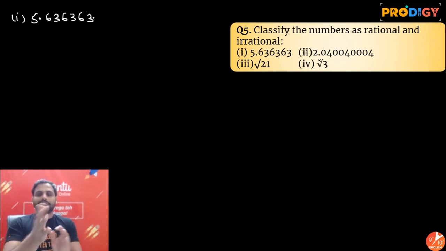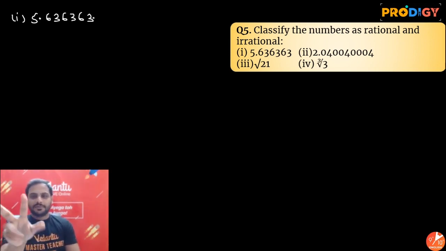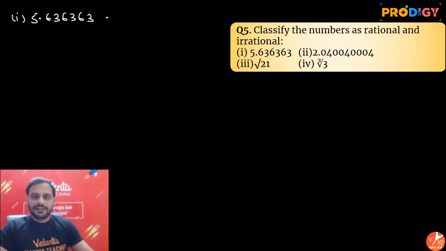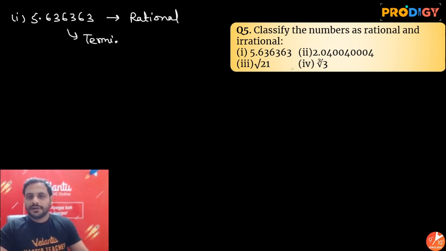अब देखो, I don't know whether this is a typing mistake or not, but if it comes like this to me in the problem, in the exam, I will definitely say it will be rational. Why? Because it is a terminating decimal. There is no dot dot dot, beta, right? It is terminating. Terminating I know. ठीक है. सेकेंड वाला देखो